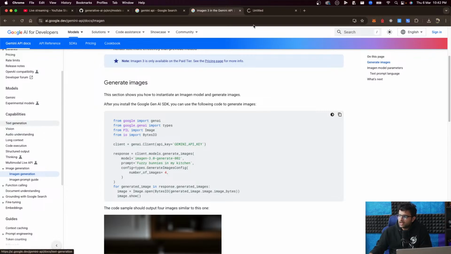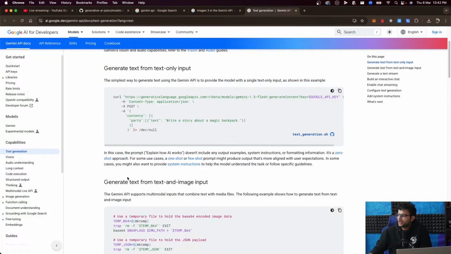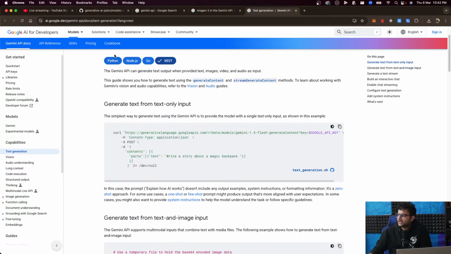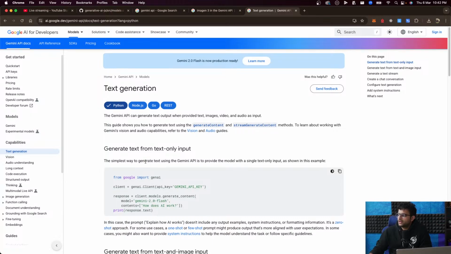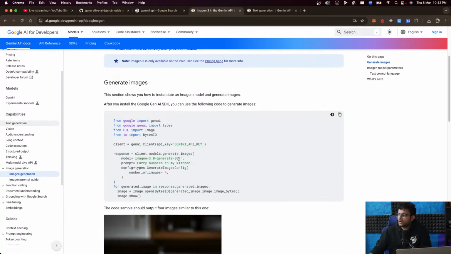Let's confirm that. Let's look at their text generation Python SDK. If you look at it, it looks the same basically. client.models.generate_content with model. This looks like client.models.generate_images with model.